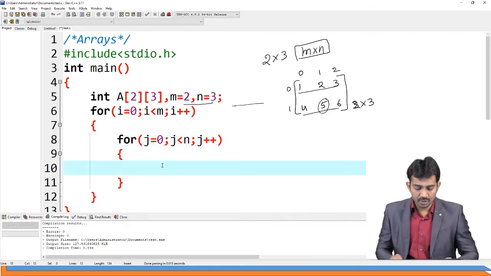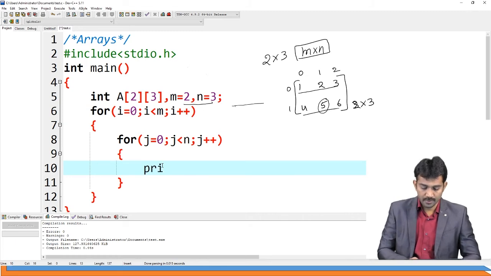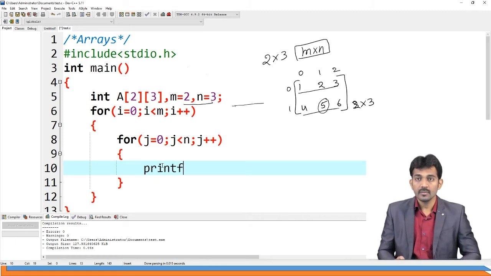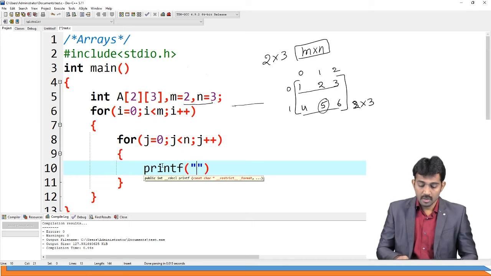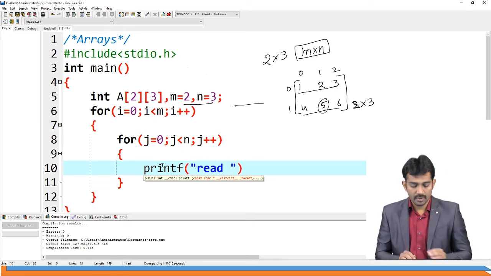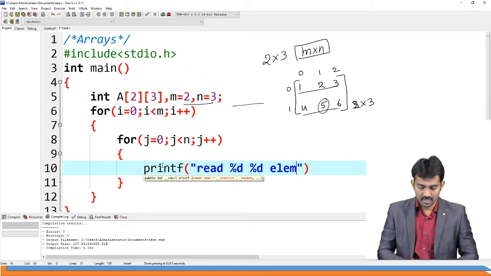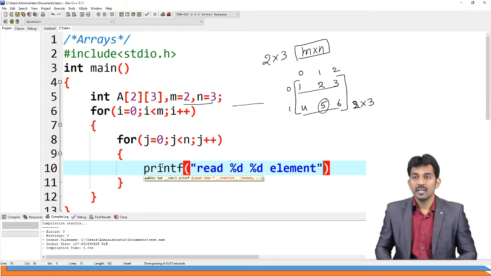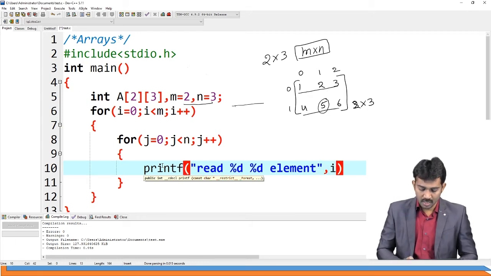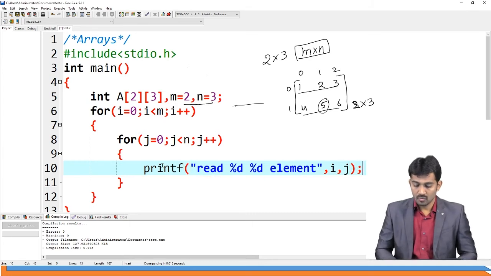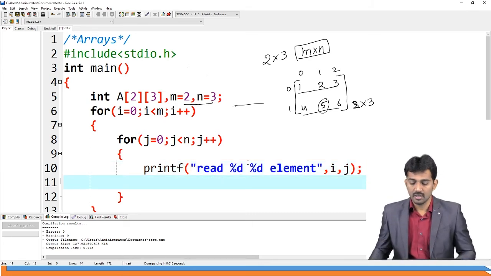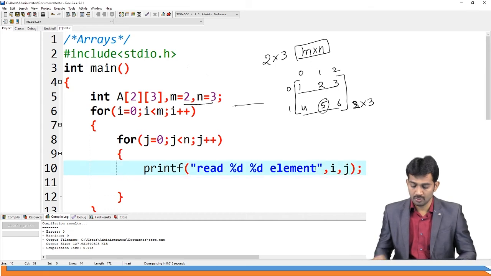Now I am going to use printf of "read %d element", with i comma j, with proper indentation, and I will show you the output.